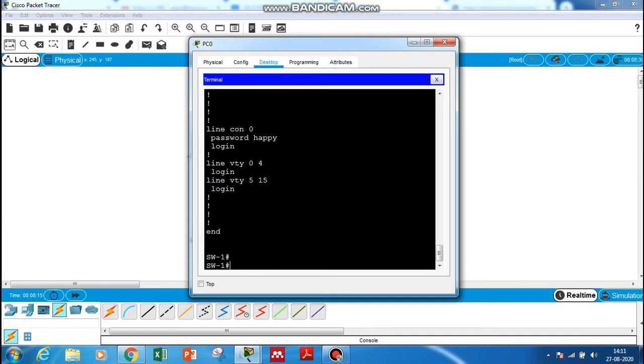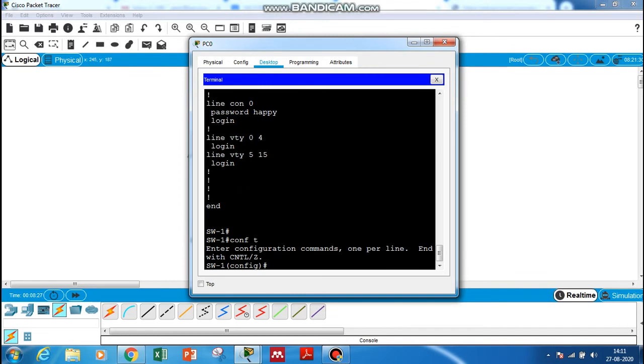Now there is also one more mode available called the virtual terminal. So that is, you can connect to the switch remotely from any device. So how do we do that? We are going to type conf t. Then here we will give line vty 0 4. By default it allows 0 to 15, so it allows 16 devices to be connected virtually and remotely to the switch. So now we give 0 to 4. It means that 0, 1, 2, 3, 4, five devices can access the switch.